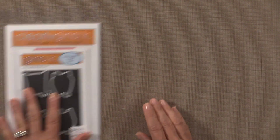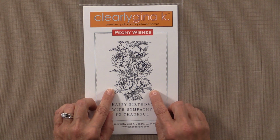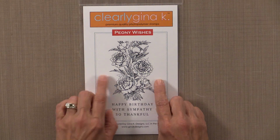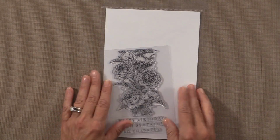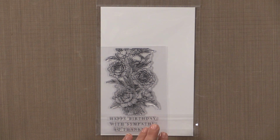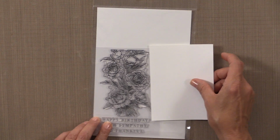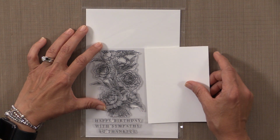All right, so that's the first set. The second new set I want to show you is this beautiful Peony Wishes. And look at this gorgeous floral bouquet of peonies. This is huge. You can see on the back here how big this is next to a card panel. So that's a huge stamp, and what I've done here is I've made sure that there was some room